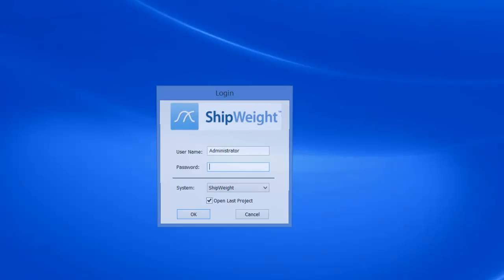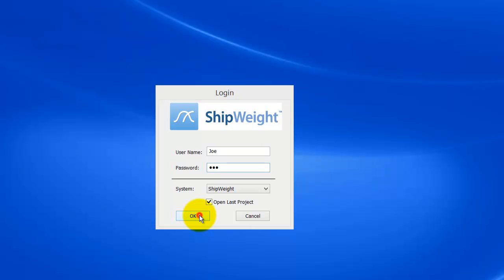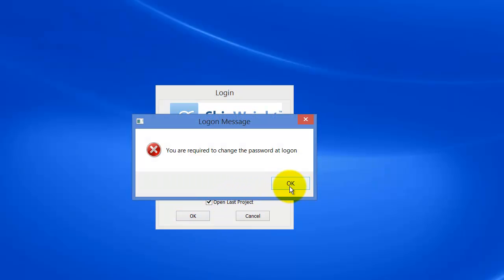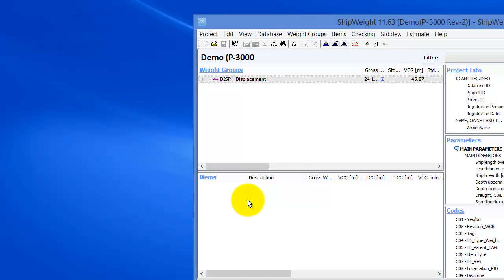And now we will not log in with the administrator, but we will log in as Joe. And we are required now to change the password at first login. We give in the temporary password, and then we create a new password, and ShipWeight opens up for this user,